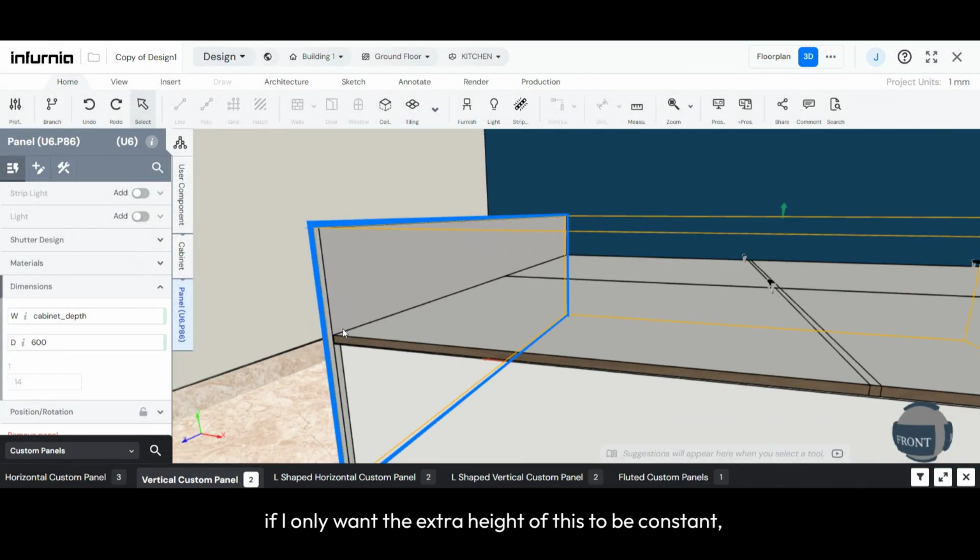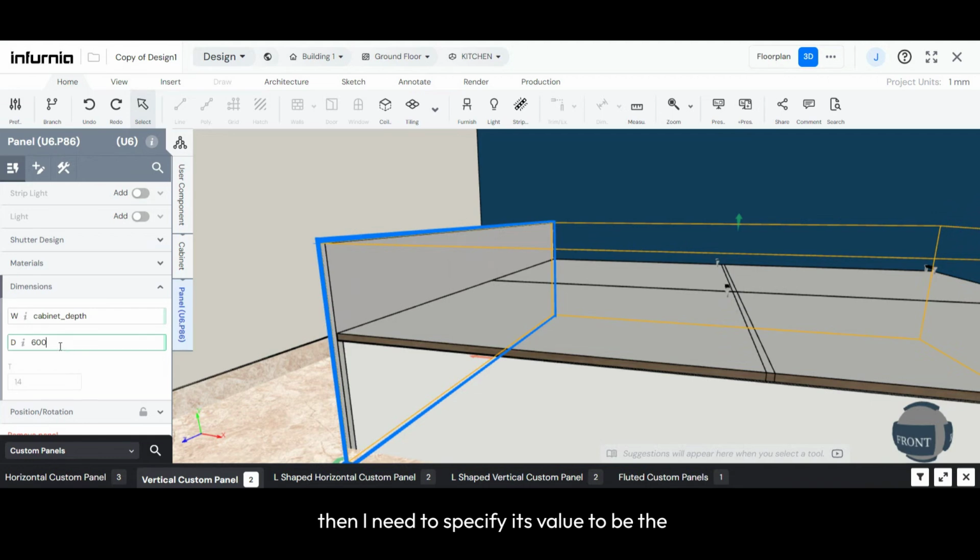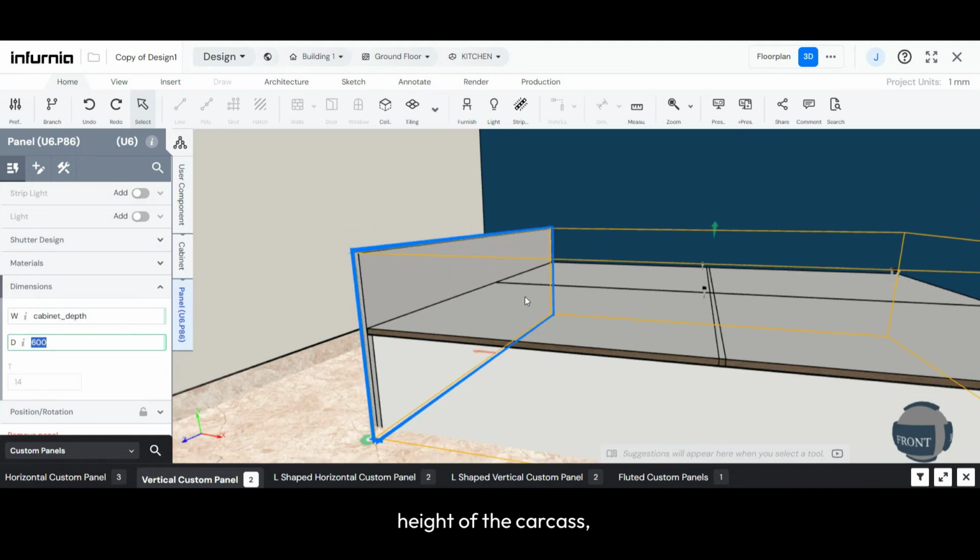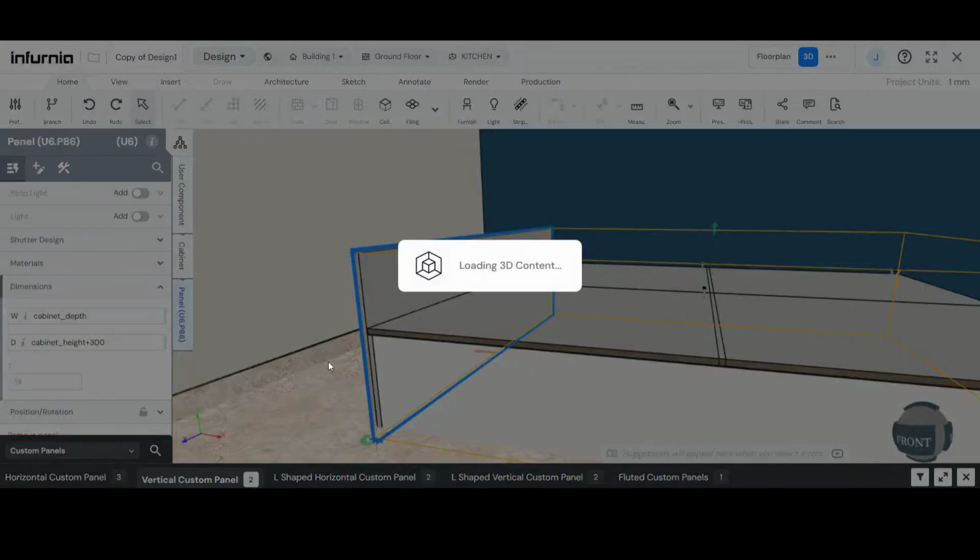However, if I only want the extra height of this to be constant, then I need to specify its value to be the height of this carcass plus the extra constant height. In which case I will type in cabinet height plus the extra height that I want, in which case I'll type in 300,